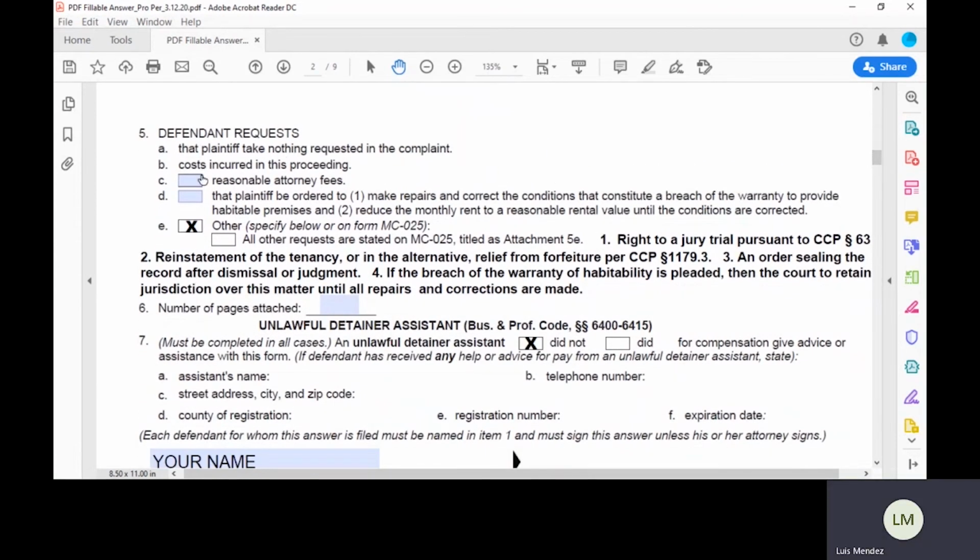In number 5, go ahead and check C if the plaintiff is asking for attorney fees. Then check D if there are bad conditions in your unit. It's saying that your landlord should fix those issues, and until he does, you should pay a reduced amount of rent. Move on to number 6. In number 6, you will just have to put how many pages you are adding to your answer. Scroll down and then